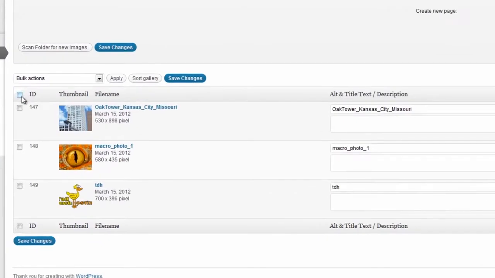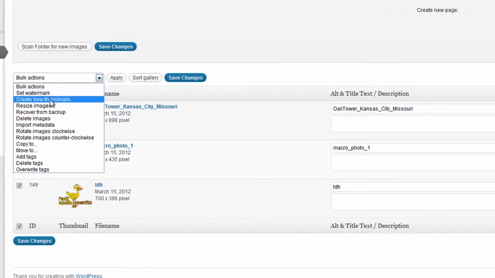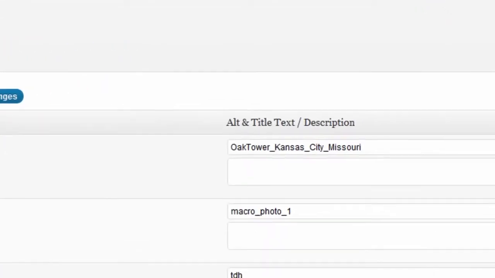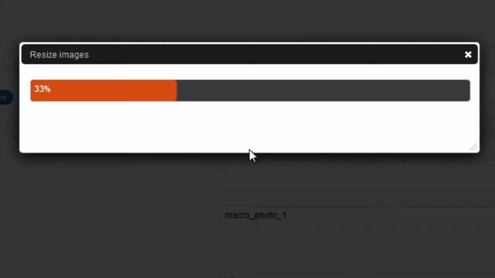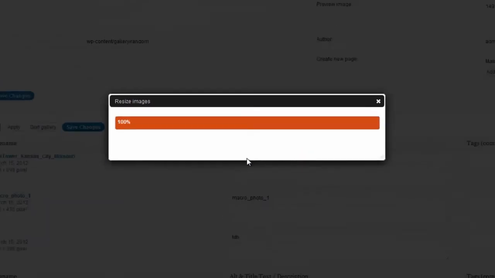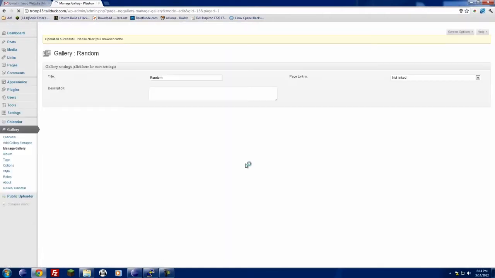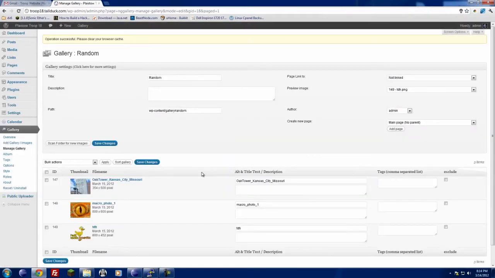And here we'll want to resize our images. So we'll select all of them, and under Bulk Actions, we'll select Resize Images and press Apply. And then set the size you want, and then press OK. It'll go through and resize the images here. Once that is finished,